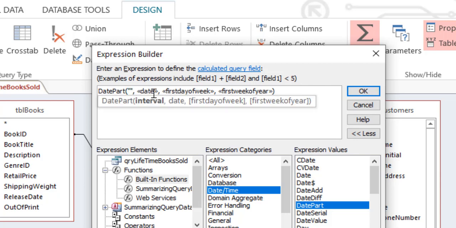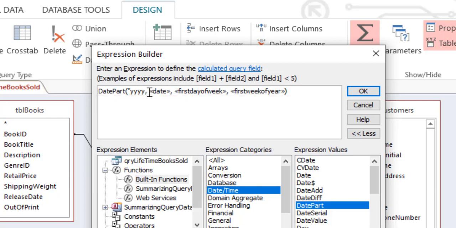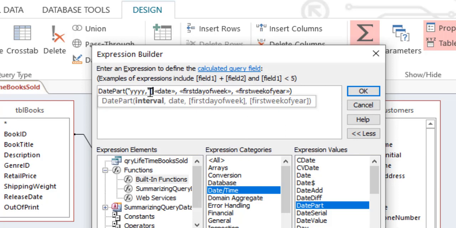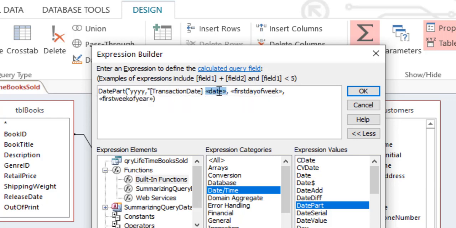We'll be writing colon, a quotation mark, y, quotation mark, comma, square bracket, and then the name of the field, the transaction date, and then closing the square bracket, and removing the other parts of the already made part of the built-in function, date part.